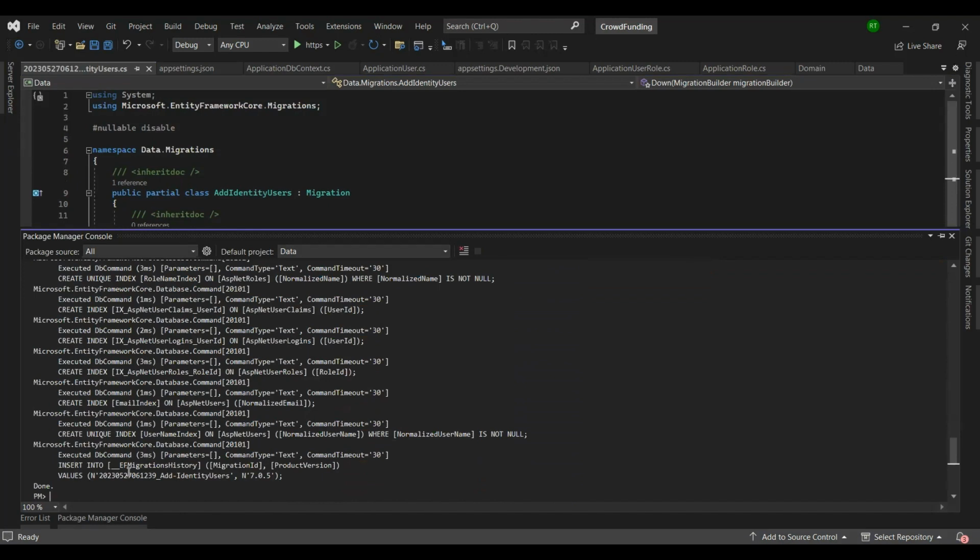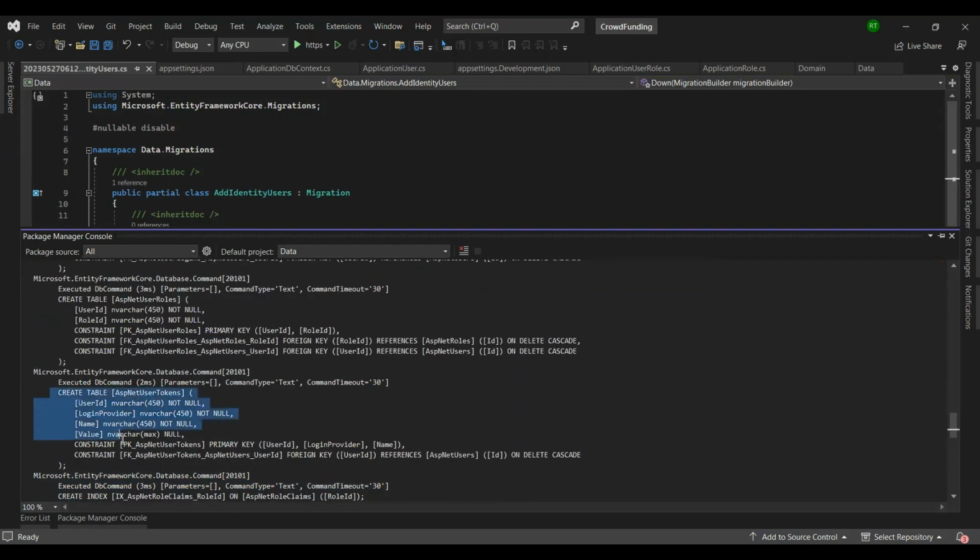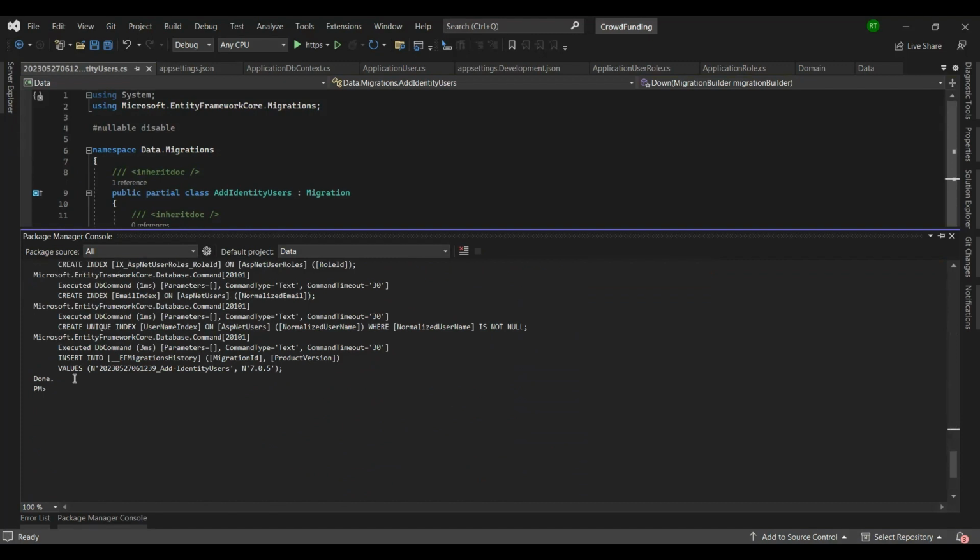Now in the last, as you can see, it's creating all these indexes and it's creating these tables. But in the end, it's also inserting in EF migration history. You can see, and it has added the comment that we made, add dash identity users. Now, if we open the database SQL Server, let's open the database,